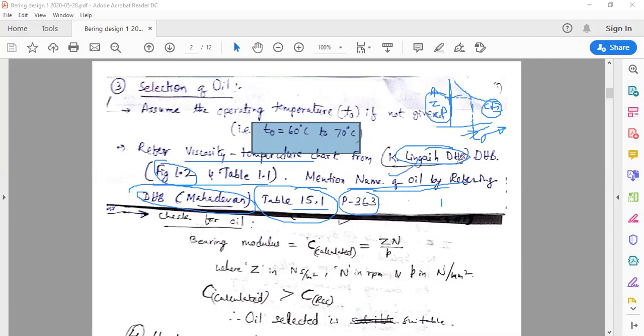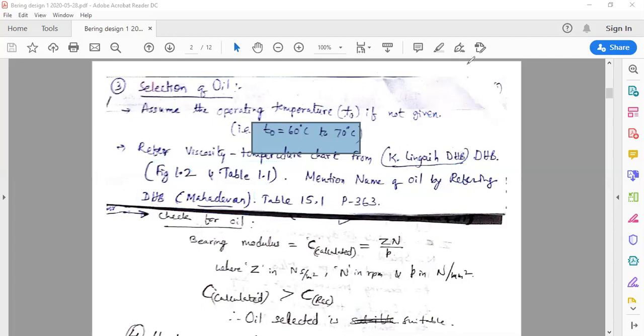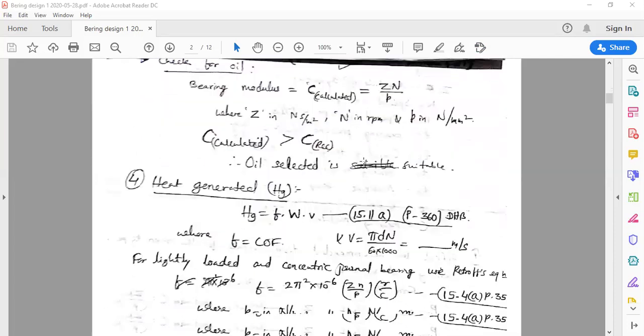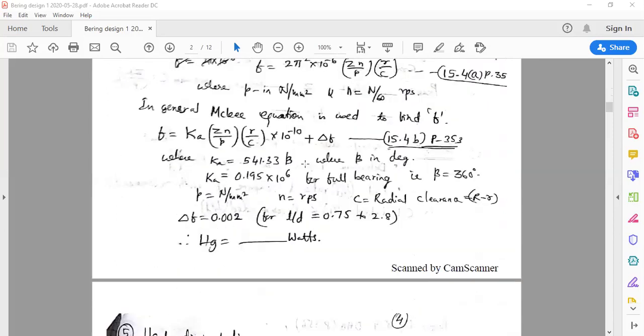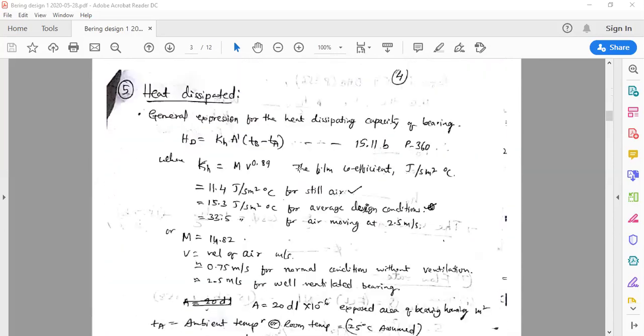Centipoise conversion: if the value is given in Pascal second or Newton second per meter square, then you have to multiply this value by 1000, or 10 raised to 3, and you will get the answer in centipoise. For the conversion from centipoise to Newton second per meter square, you have to divide the value by 1000. That conversion we can make easily. So that is the third step, and the remaining steps are as usual. Now let us consider one example, as in the other cases where we have already discussed the application-oriented problems.